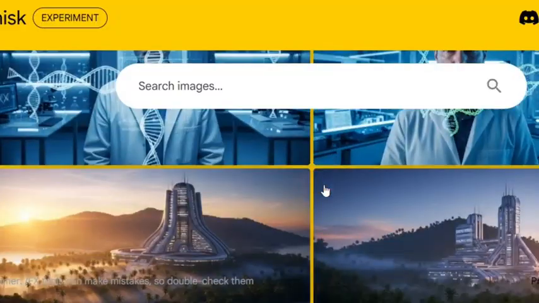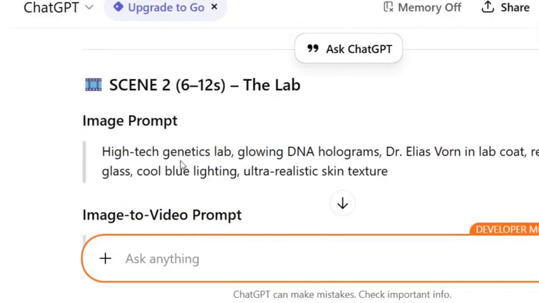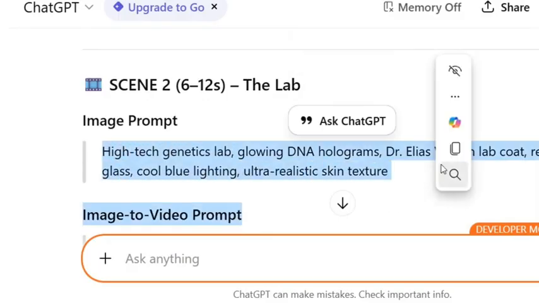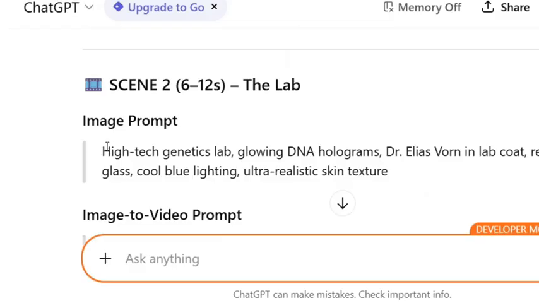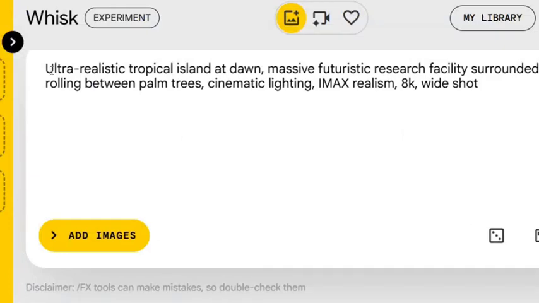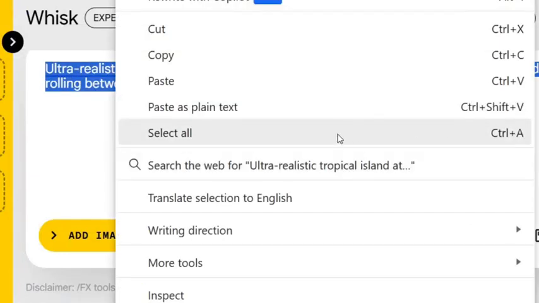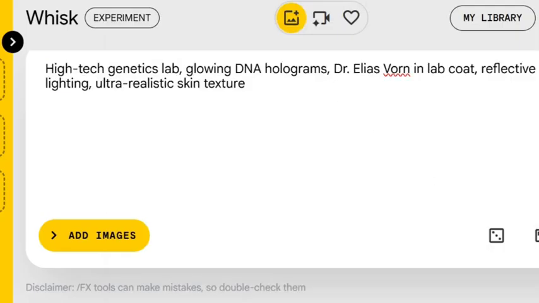So for you to be able to generate the image, all you have to do is to head over to ChatGPT. You'll be copying the image prompt one by one. As you can see, you copy the second one, and after you click on copied, the next thing you go back to the AI tool and you paste your prompt here. You paste the second prompt you just copied. Right now, let me click on paste, and you click on continue.